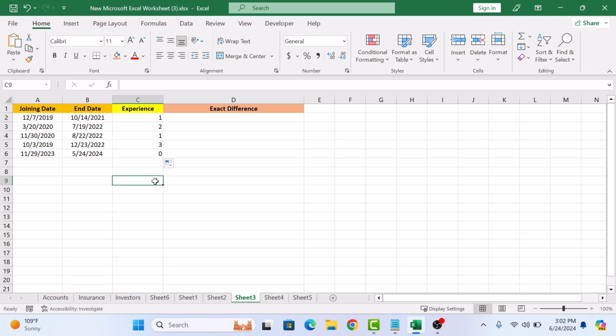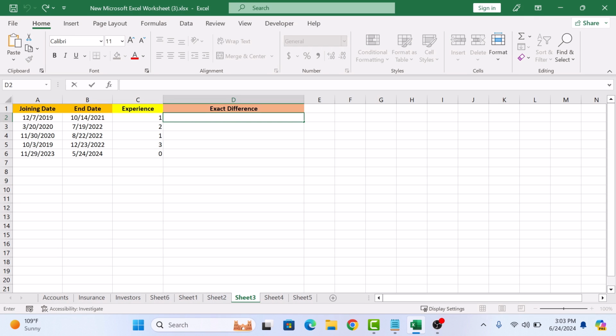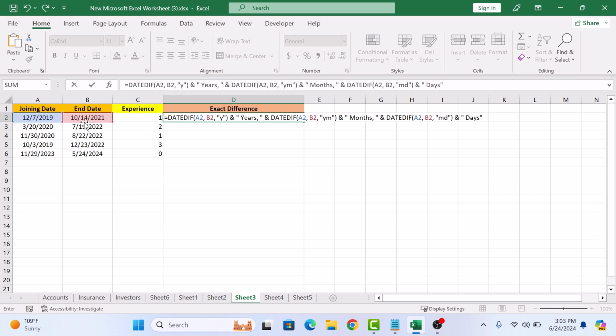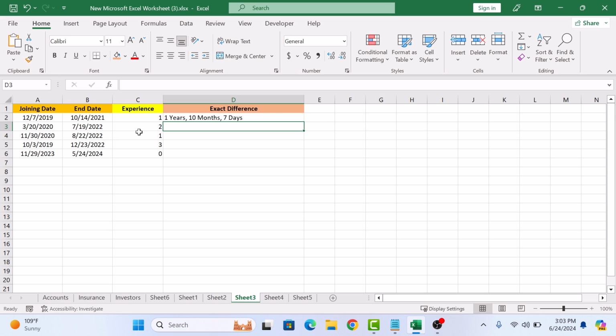Now if you want to get even more specific, then you can calculate the difference in days, months and years all at once. So click on the cell and type this formula. A2 represents the joining date and B2 end date. Now press enter. This formula combines the difference in years, months and days into one concise result. Super handy for